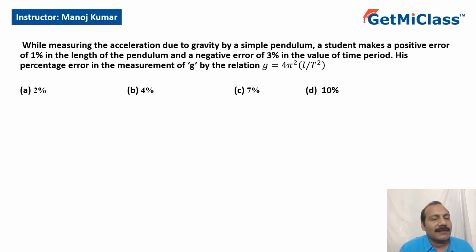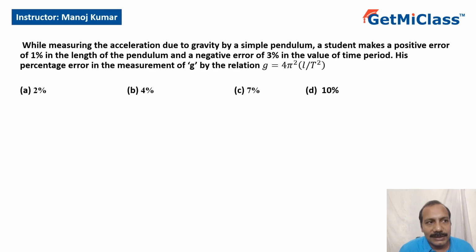This question says, while measuring the acceleration due to gravity by a simple pendulum, a student makes a positive error of 1% in the length of the pendulum and a negative error of 3% in the value of time period. His percentage error in the measurement of g by relation g equal to 4 pi square L by T square is. Now here we have to see that positive error or negative error doesn't